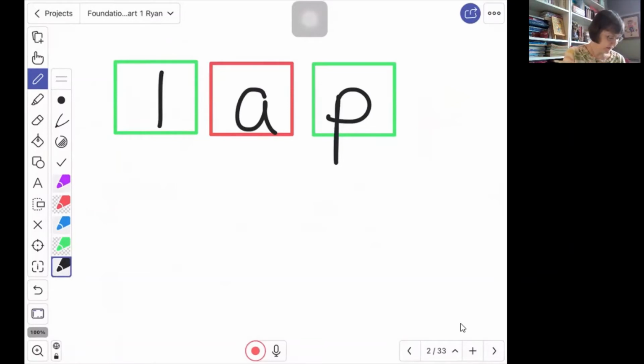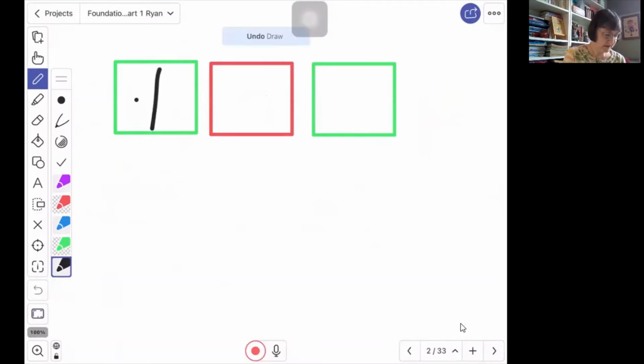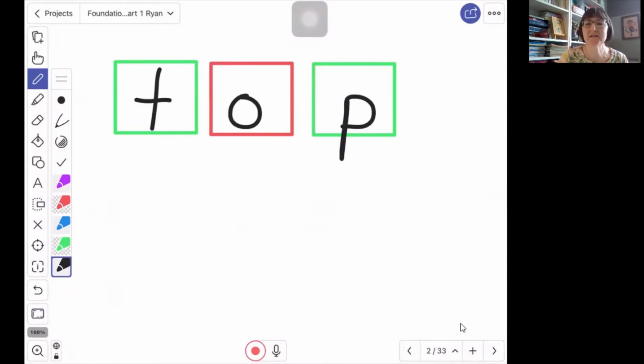And then the second part of this word is top. Top. We do not want to say toppa, just top. Let's practice laptop, laptop, laptop,